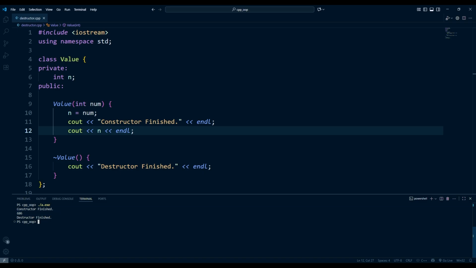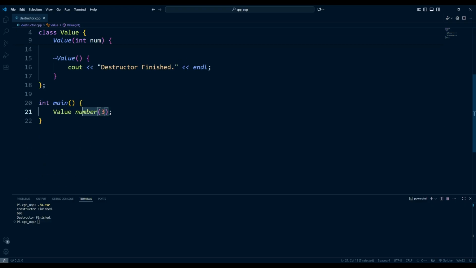So both were called during the program's execution. We explicitly called the constructor here using the syntax, but we never had to explicitly call the destructor. That's something about destructors. There are some instances where you could explicitly have it do something at a certain point, but for most cases, it will just automatically run whenever the object goes out of scope,